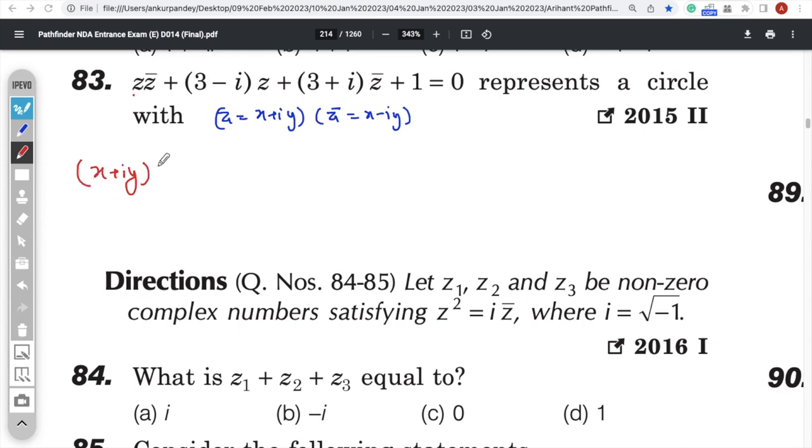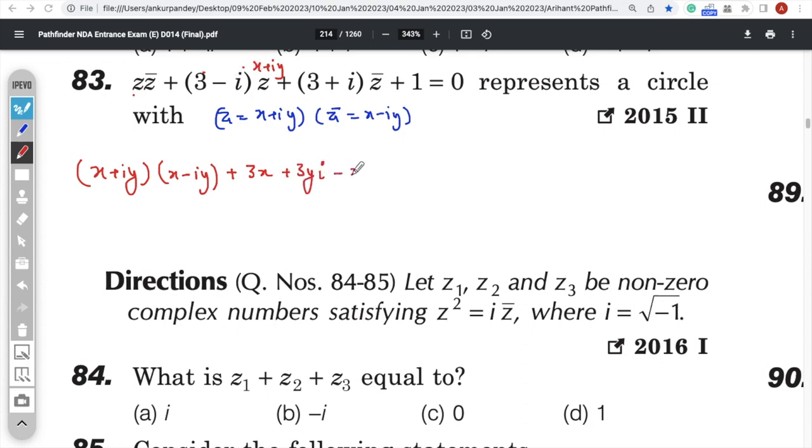And what is z bar? X minus iy, right? Plus. Instead of z, if I write x plus iy, what is 3x, right? Yes, sir. Plus 3iy